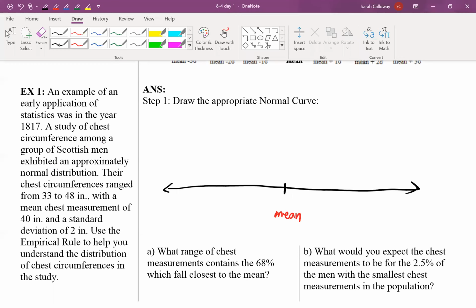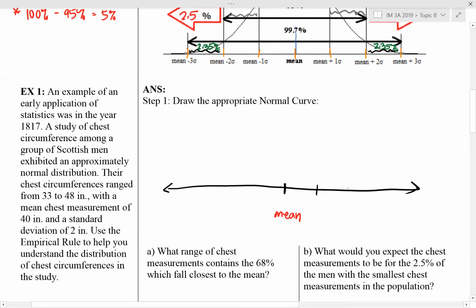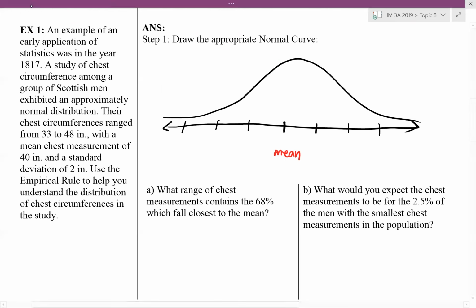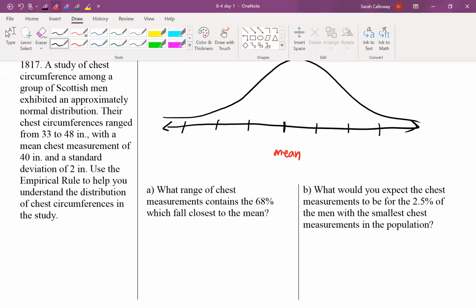If the mean is in the middle, I'm going to add the standard deviation 1, 2, 3 times, and subtract the standard deviation 1, 2, 3 times in order to get the values that represent this normal distribution curve. The numbers are what's important, not necessarily how you draw the curve, because obviously mine does